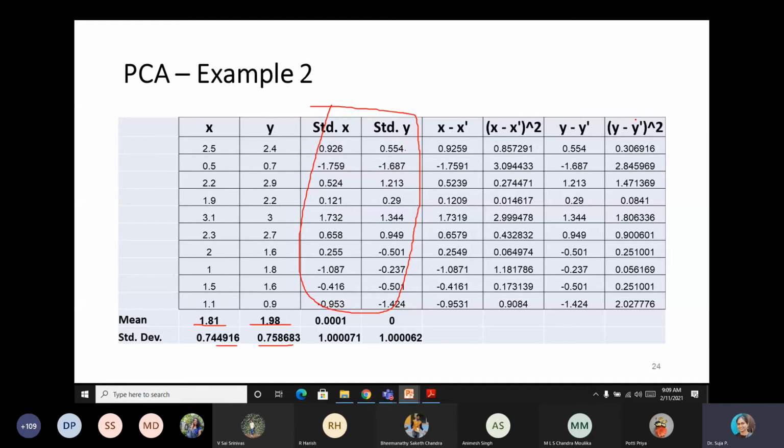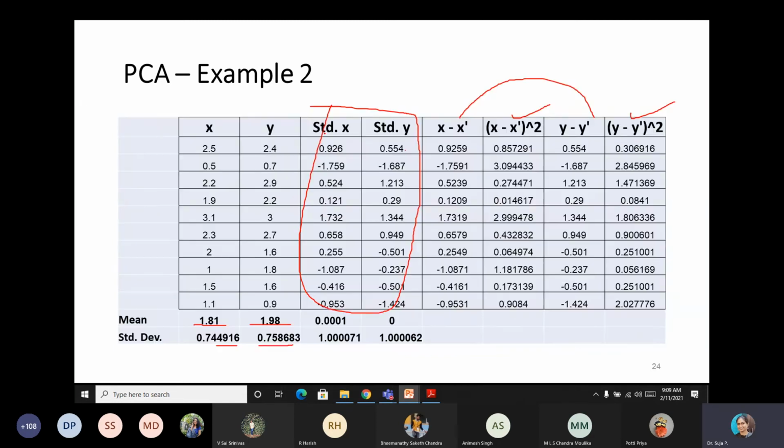Now we are proceeding with the next columns. Now onwards, we don't require the original data. So x minus x bar is this, and y minus y bar, and x minus x bar into x minus x bar is this whole square, and y minus y bar square. So we will use this one for the column with the same, and then we will use this into this for covariance.